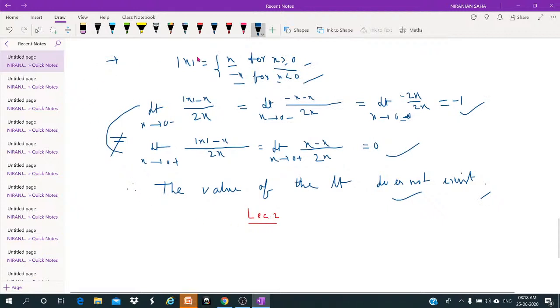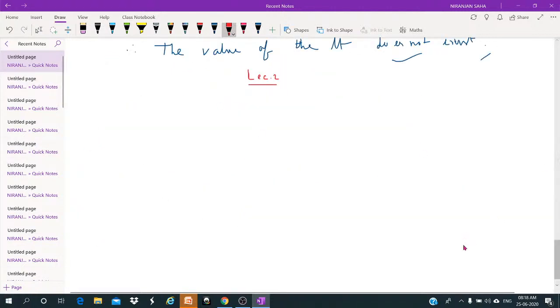In lecture 2, I will discuss some problems. Here is the sixth problem: the value of alpha in Rolle's theorem